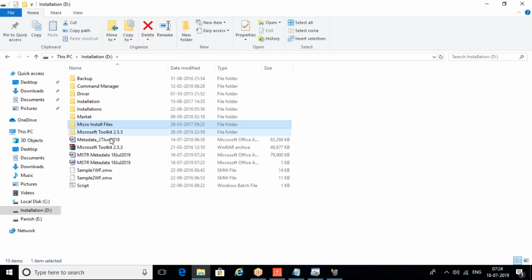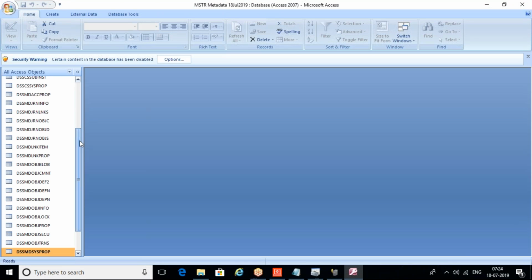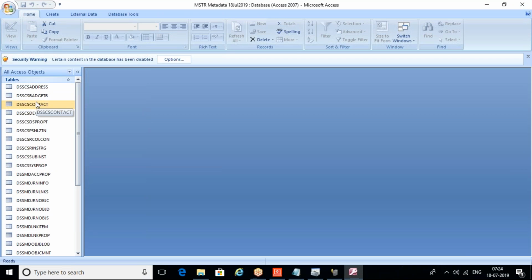I'll go to that folder. This is the file. This is the access file. And now when I open it, you will see tons of tables that have been created automatically. Initially, when we created the file, it was completely a blank database. But now as you can see, there are lots of tables which are created, and all the tables that start